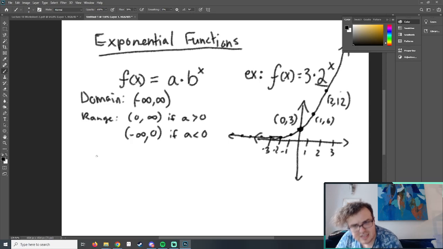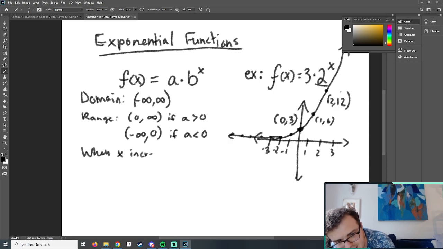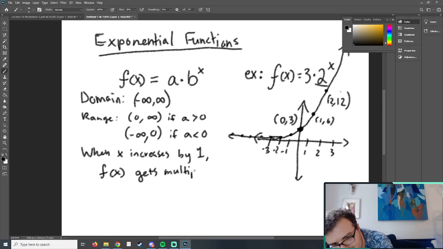But I'm going to, again, give you the general rule here. When x increases by 1, f of x gets multiplied by b. So again, if you look here, when we start out here at x equals 0, and we have this 3 here, which is our a value,